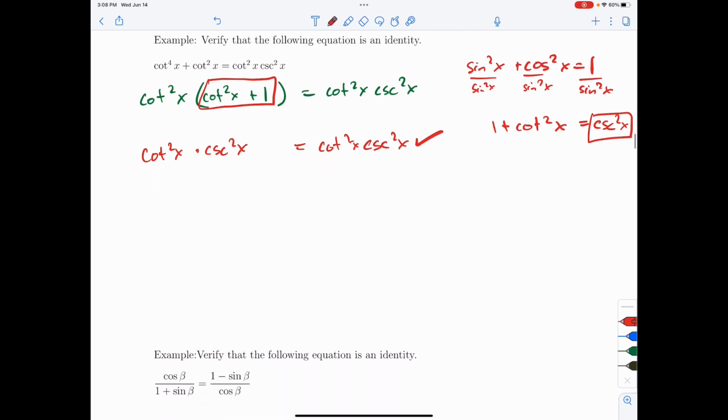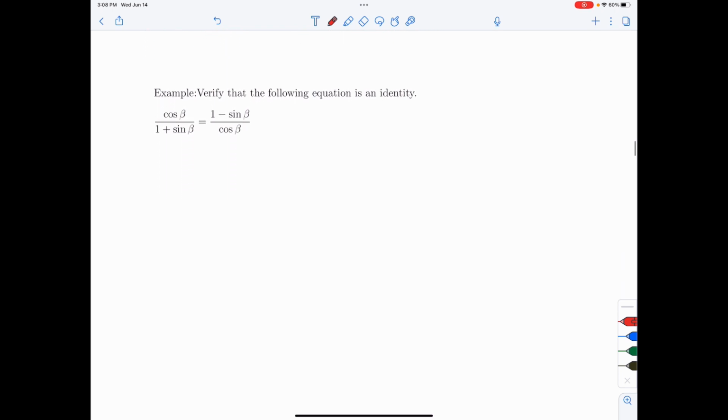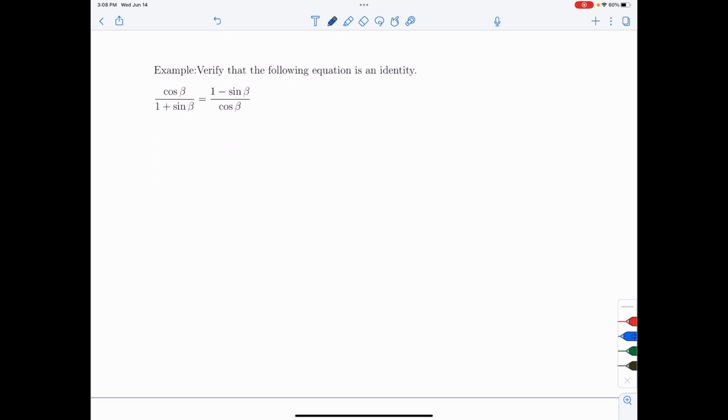All right, and then we have one final verification here. On this one, we want to avoid the urge of cross-multiplying, although it looks like that might work for us. The reason we don't want to cross-multiply is because the instructions tell us to verify the equation and show that this is an identity. And since we don't know yet that this is an identity, we can't move things across the equal sign. So the move here is to multiply one side by what's called the conjugate of